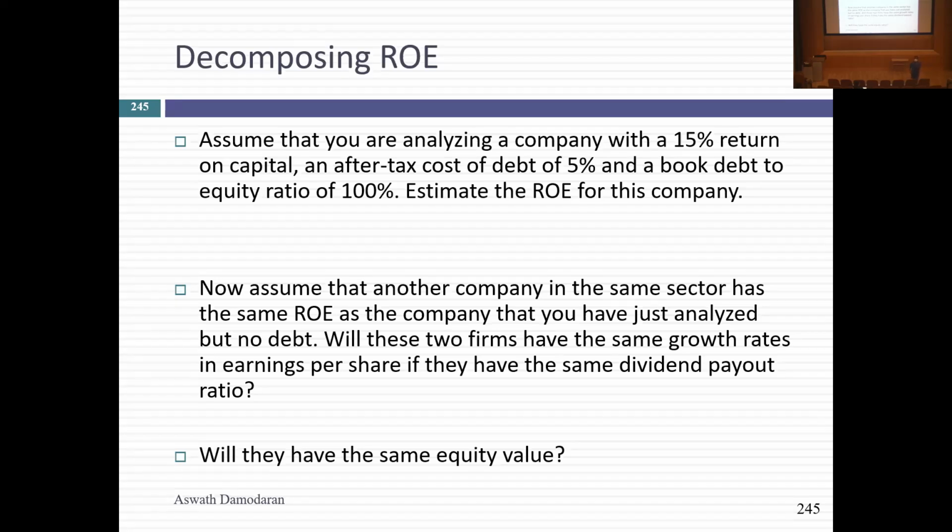This is why I've tortured you with this levered, unlevered beta calculation all the way through this class, because if you don't do that, this seems like a free lunch. Okay? You go out and borrow money, your growth goes up, your earnings per share are higher. What's wrong? What can go wrong? And what can go wrong is you made your equity a much riskier slice of the firm. Your cost of equity should go up.